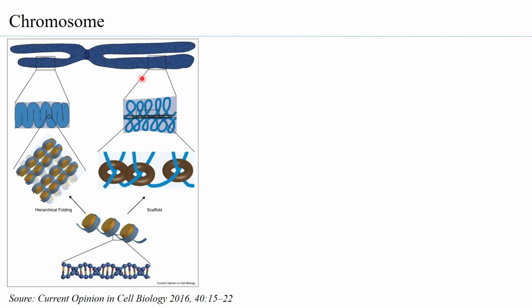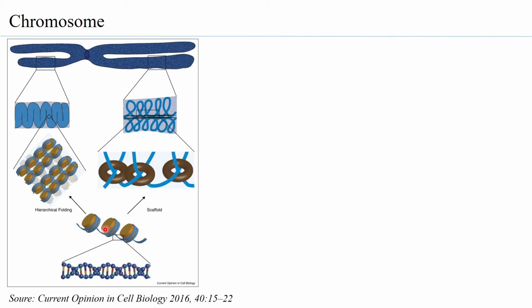Now we go to how solenoid gets further condensed into chromosomes. So you can see that this is what you observe at the metaphase stage, and there are several different proposals by which it has been said that DNA is condensed in a certain way. So when you look at this structure, which is the bead in the string structure, the linker DNA, as you can see, is the naked DNA.